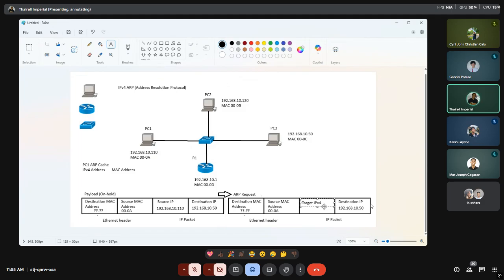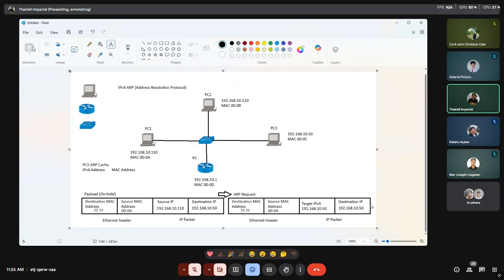Target IPv4. So what exactly is our target IPv4? The device that we want to communicate with is 192.168.10.50. Okay, so that's basically our target IP. That's exactly the device that we want to establish communication with.